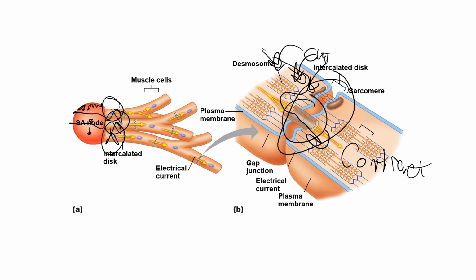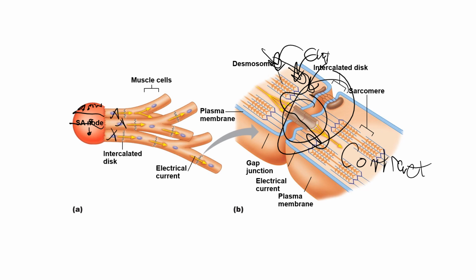By that I mean the purpose of SA node fibers generating action potentials is so that the cardiac fibers that lie next to them, that they're attached to, will also generate action potentials. That's the point of the SA node fibers generating action potentials. And then that brings us to a greater point here, which is, what about these